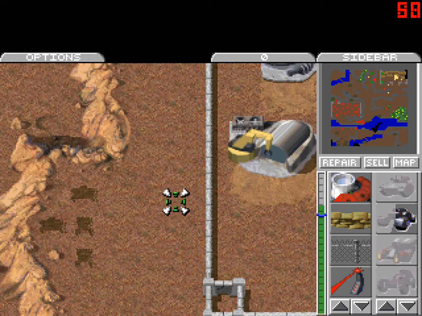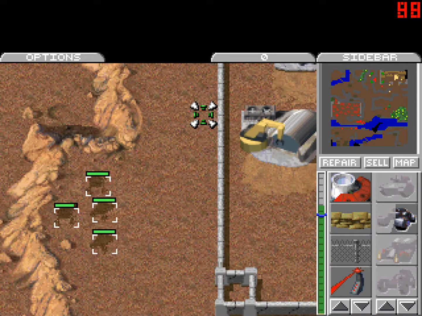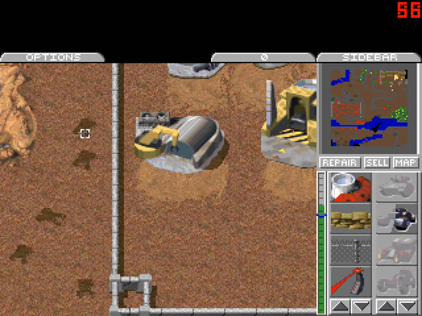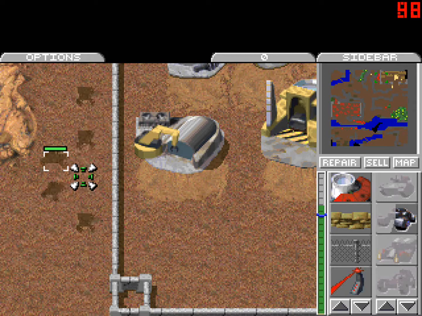Yes, sir. Moving out. Okay, let's get these guys in position. Affirmative. So these guys are missile-based units, so they can fire over walls. And one of the best ways to do it is just to get close to the walls like this and